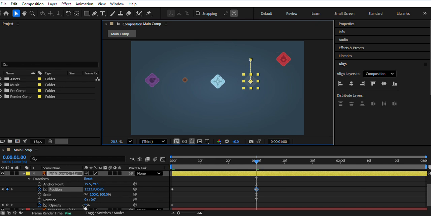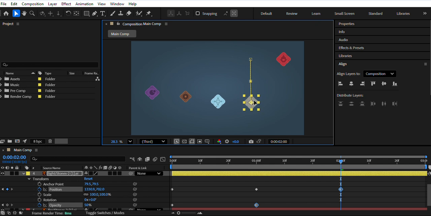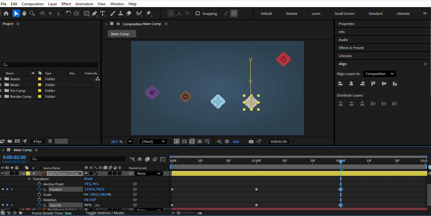Now let me adjust the opacity to 50, right? Then at 2 seconds, let me also change the position and adjust the opacity to 80 degree. And then at 3 seconds,